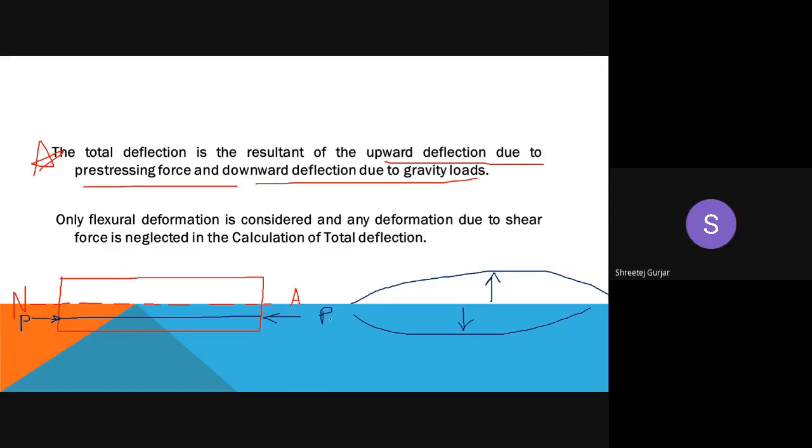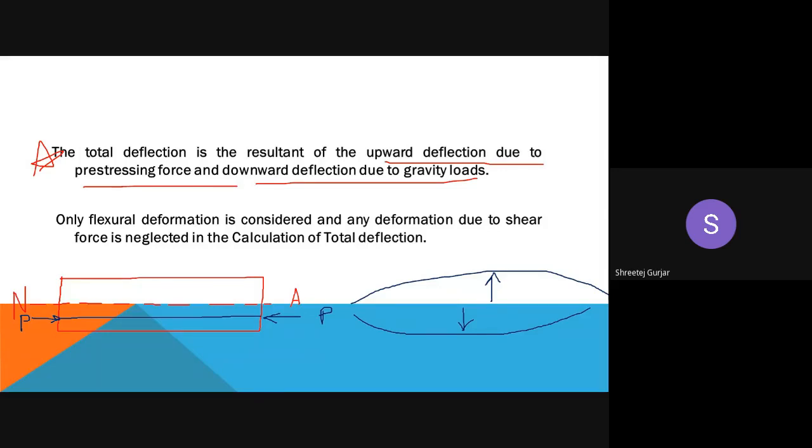Upward, are you sure? Are you sure, guys? Two of you have answered upward. How many of you say downwards? Anyone who is feeling that it will bend in the downward direction, it will sag? Or everyone is voting for upward deflection? Upward, sir. Others? Others are also in line with this answer. Others also feel it is upwards.